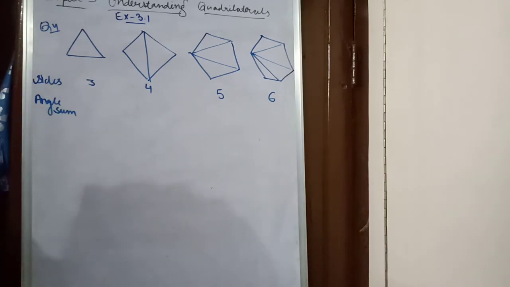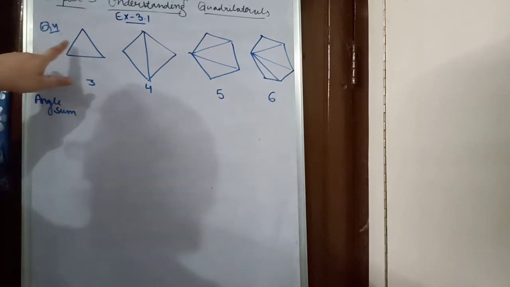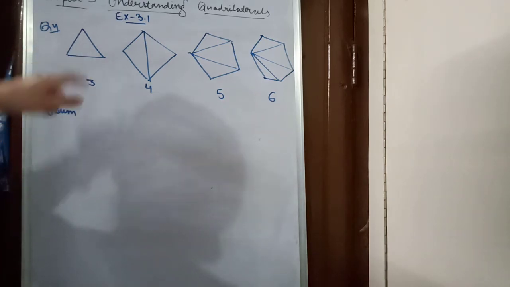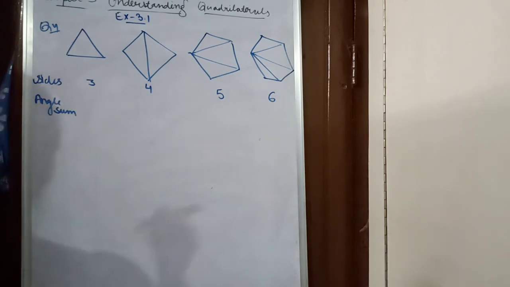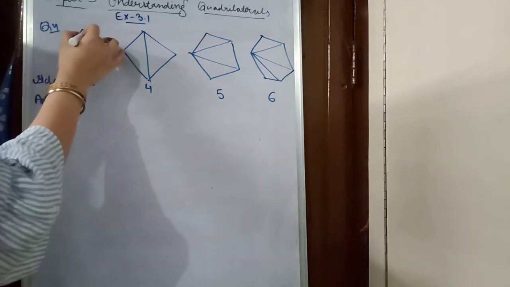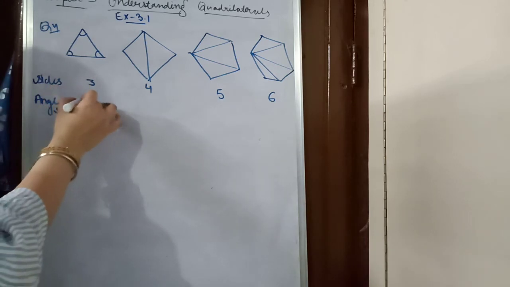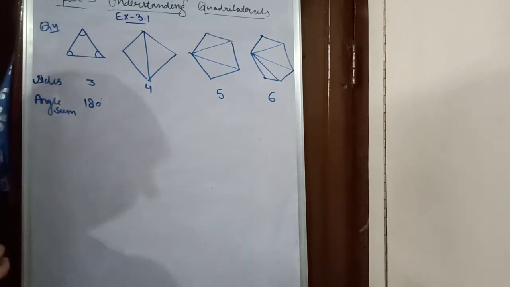Look into your books at what they are saying. Examine the table you have been given. They are saying each figure is divided into triangles, and the sum of the angles is deduced from that. See in your books, 4 figures have been given. The first figure is this triangle, and how many sides are there? 3 sides are there, and we have done the angle sum property of a triangle. When we add the angles of the triangle, we get an angle sum of 180 degrees.